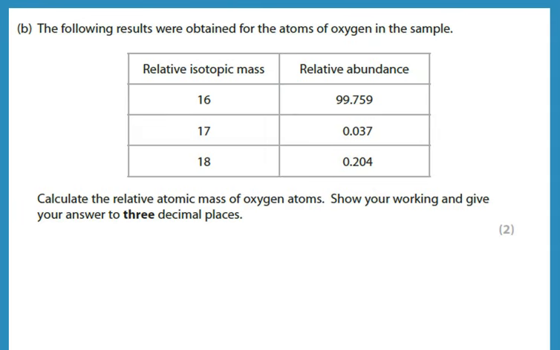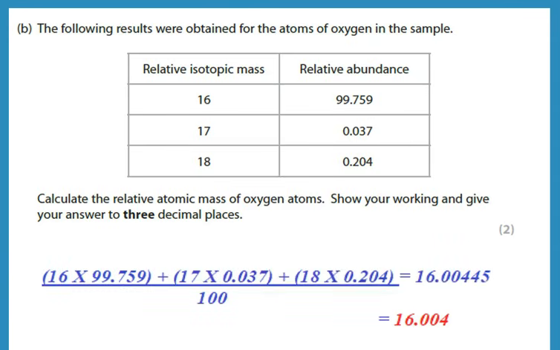Okay, good. Now, this is a question that you might have. The question says the following results were obtained for the atoms of oxygen. So here he's showing me the different isotopes of oxygen. We have one with a mass of 16 that has this relative abundance, and another one with mass 17, and so on. And he's saying calculate the relative atomic mass of oxygen atoms. Now, to calculate it, what did we say? The mass times the abundance, plus the mass times the abundance, plus the mass times the abundance, all of them divided by 100. This gives me this answer,